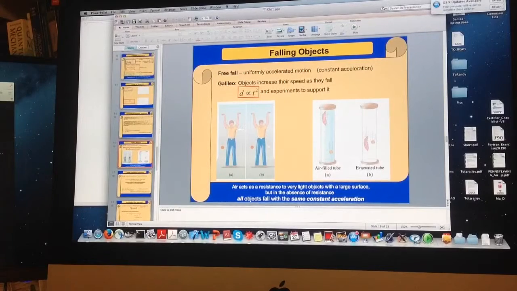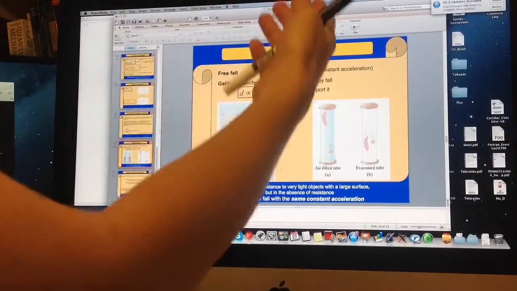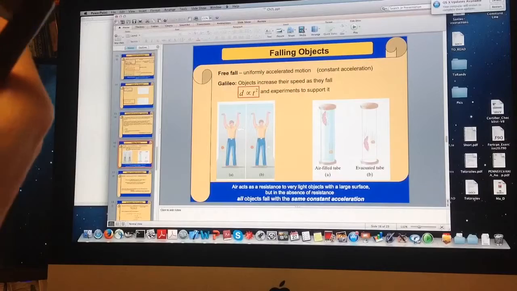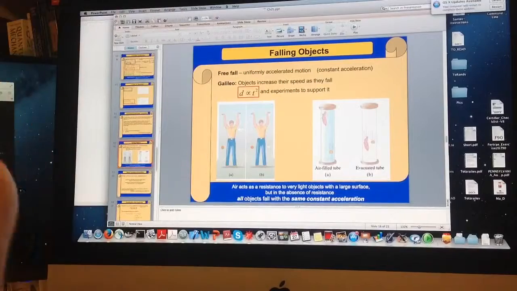He went up the Pisa Tower and threw objects from different heights, and he concluded that it would take a time t squared for the object to fall that specific height. He went to different heights, repeated this experiment many times, and was able to find this correlation, this expression. Very well. One important aspect of this research was being able to simplify, to idealize the motion.